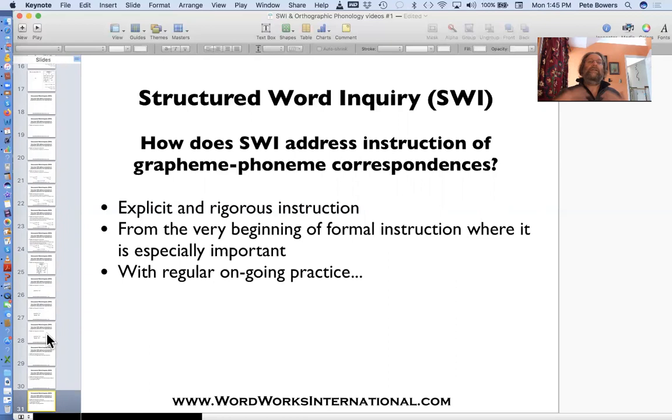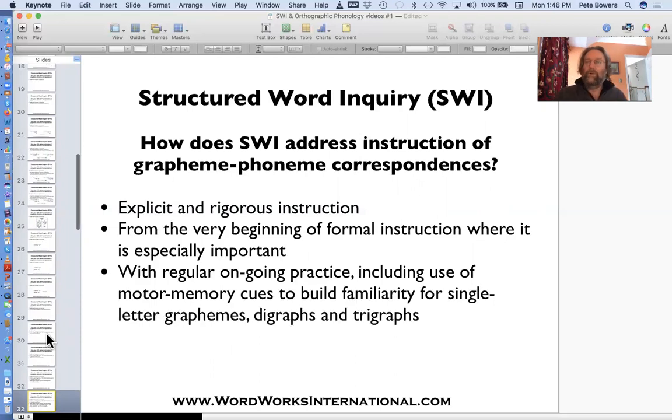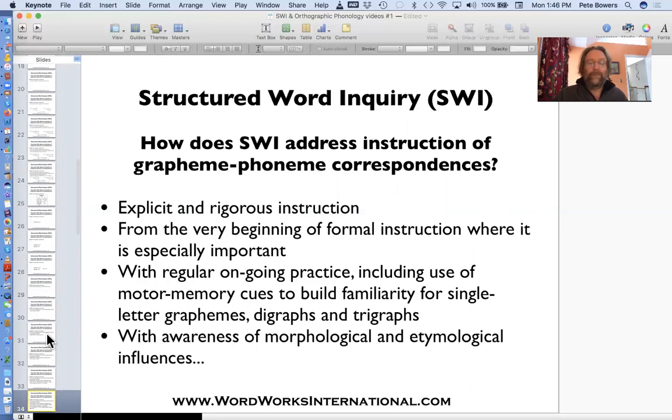But you don't get any instruction in structured word inquiry from me that gives any signal other than that grapheme-phoneme correspondences are important. I point to resources on it all the time. And these motor memory cues are a really valuable way to do it, using multiple memory routes for building those representations, and trying to build familiarity with single letter graphemes, digraphs, and trigraphs. And it's really important that this instruction is always guided by awareness of morphological and etymological influence, which